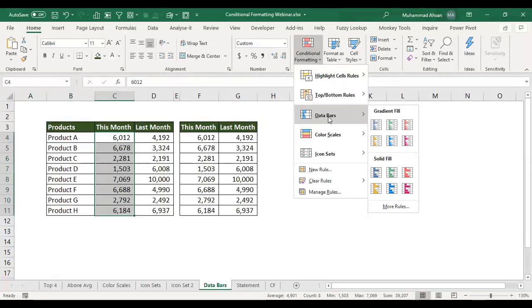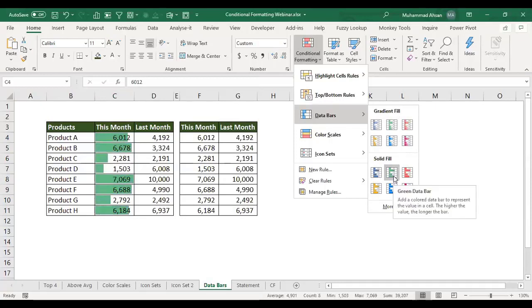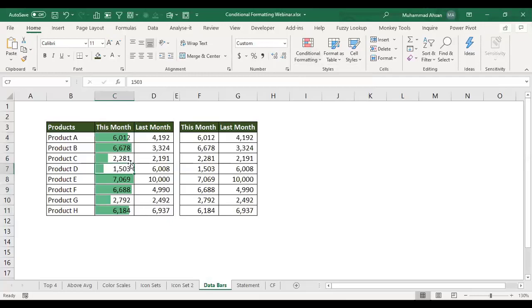Okay, so if I open the data bars and if I select any good color of my choice, for example green solid fill, so you can see how data bars is working within conditional formatting. It actually fills the cell with that respective color according to the number available within the cell, right? And we have just selected the first column, so 7069 is the highest number within that column. So this cell is entirely highlighted. And according to this concept, the other numbers get their respective highlight with respect to the highest number in that particular column.